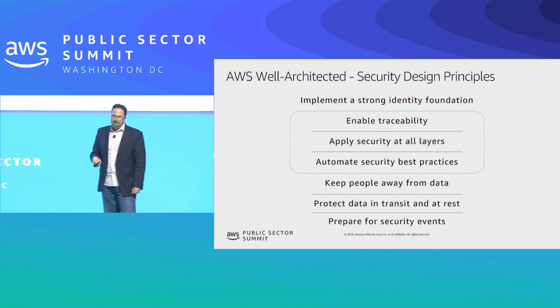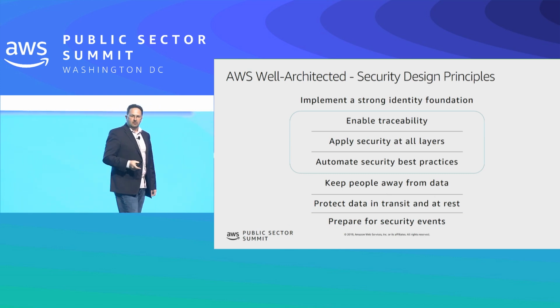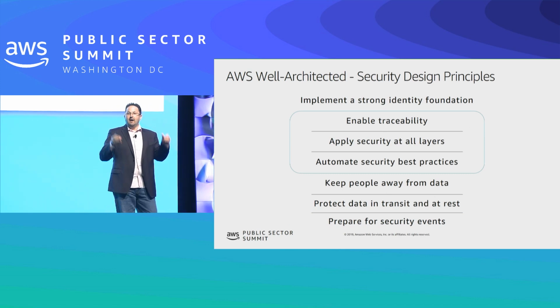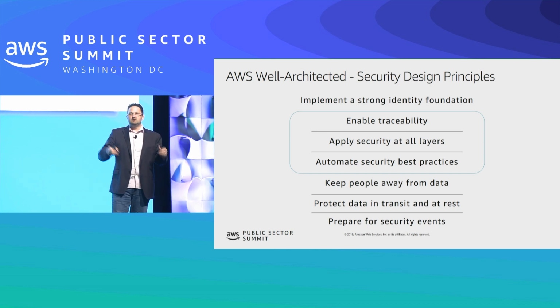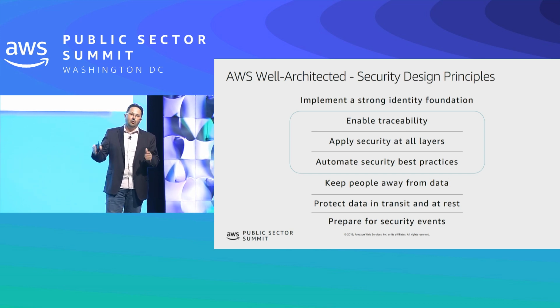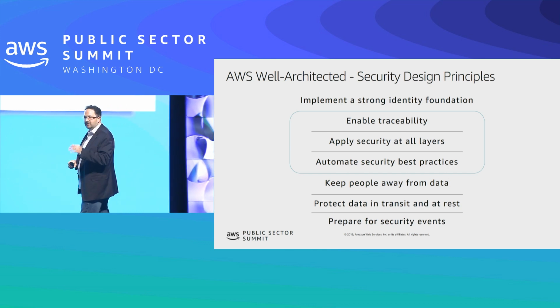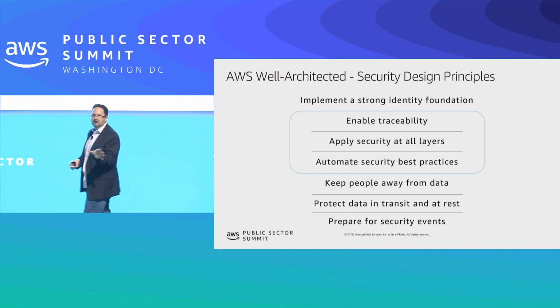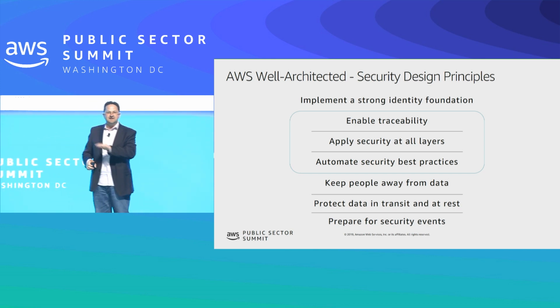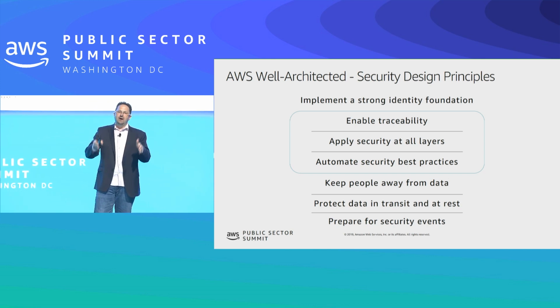Okay, and then finally, there's a Well-Architected Review. So we have a white paper, we have partners that do Well-Architected Reviews, we actually have a Well-Architected Tool up on the website that you can use for free. When you do your architecture, a Well-Architected Review will walk you through the principles, the security principles that you need to pay attention to in that design and make sure that you're doing Amazon best practices in that architecture.